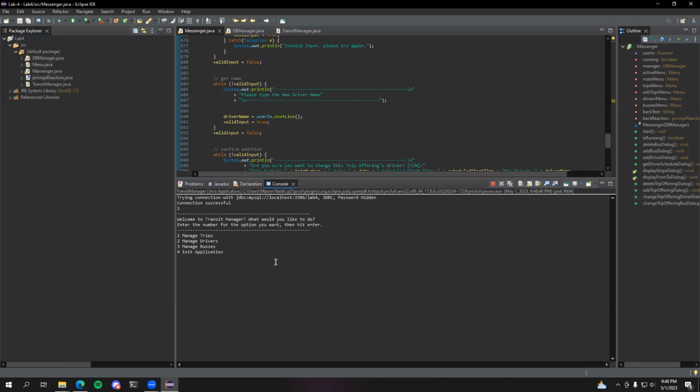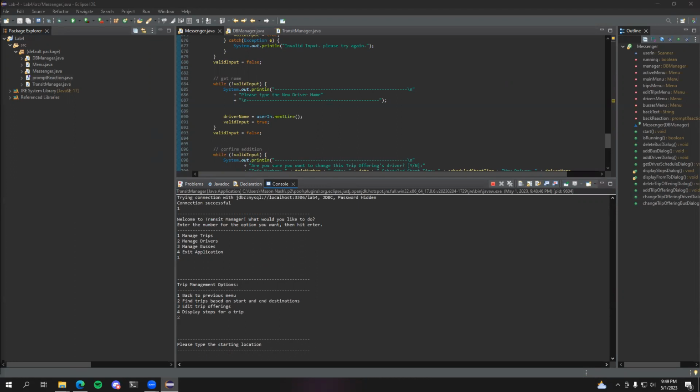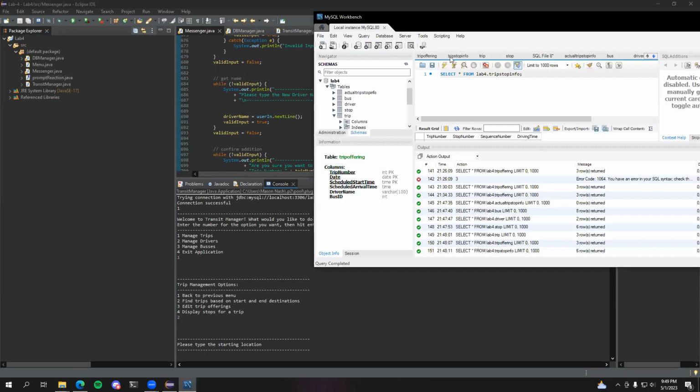All right. You see I have a menu system right now with 4 options in the front. We'll just go through them one by one. We're going to manage trips first. Find trips based on start and end destination. And here, if you look at this one, we've got